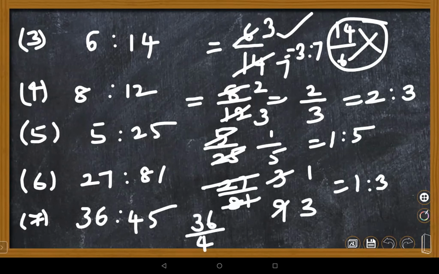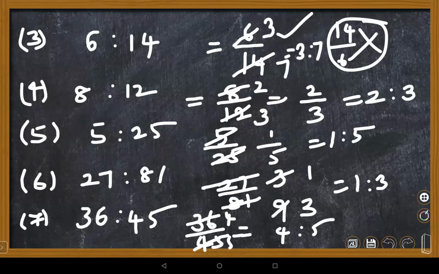This will go in the 9 table. 9 4s are 36, 9 5s are 45. So 4 is to 5. Yes, this is how an expression into ratio can be converted into lowest terms. Now, if you want to compare the ratios, how to compare the ratios, children? Ma'am, that's proportion. We use 'is as', ma'am, which means 4 dots. Very good. 'Is as'. The symbol is 'is as'. Two ratios we are comparing, so that is what we are supposed to use.